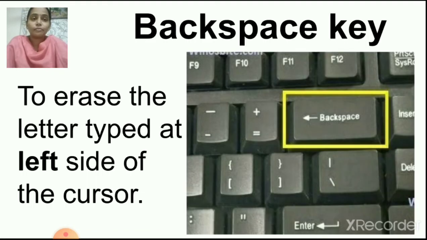backspace key. Back means back. We want to go back. What is this backspace key? What is the spelling? First we will read. B-A-C-K, back. S-P-A-C-E, space key.